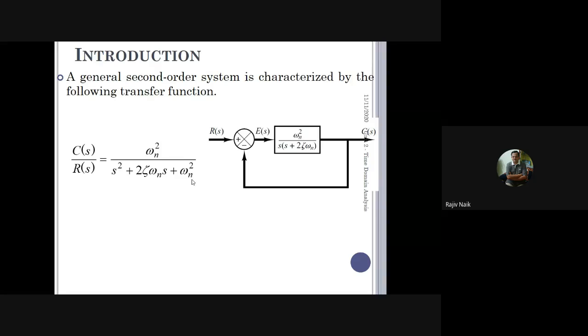So for this ratio, if zeta is less than 1, it is called an underdamped system. Zeta equal to 1, it is called a critically damped system. If zeta is greater than 1, then it is called an overdamped system. All these three types of systems are commonly used in nature. For example, if you take an underdamped system example, the shock absorber of a two-wheeler or a four-wheeler is always